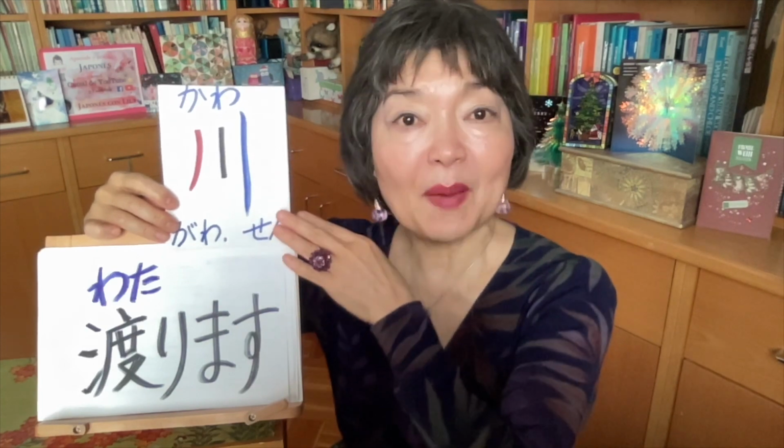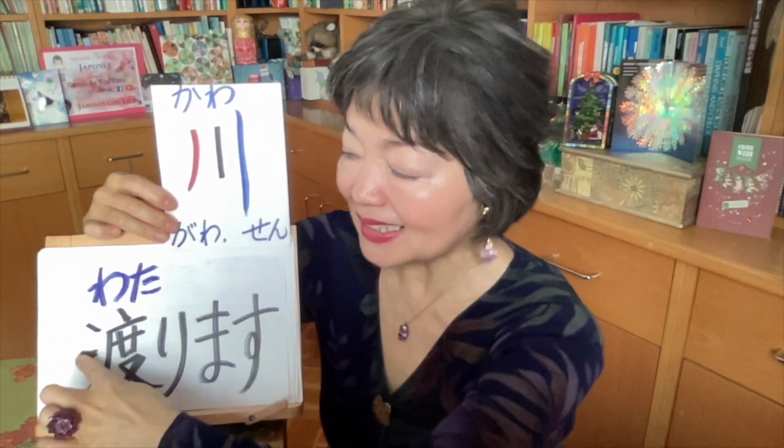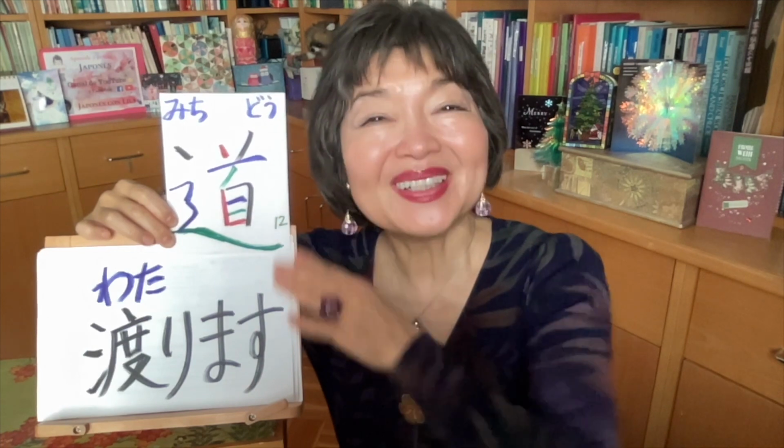For example, 川を渡ります。I cross over the river. And 渡ります has the water radical, which means something to do with water. So you can think 川, river, 川を渡ります。This is group 1. So the dictionary form 渡る and nai form 渡らない。Te form and ta form 渡って、渡った。For example, I cross the street. 道を渡ります。Cross over the bridge. 橋, this is the bridge. 橋を渡ります。